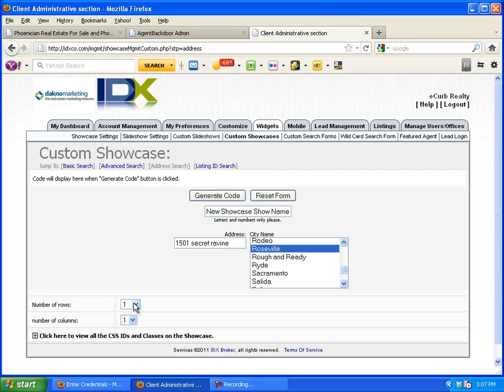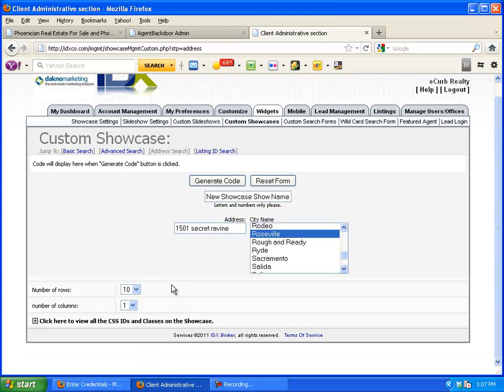And how many rows do you want? Remember, rows go across and columns go down. Now I usually set this to 10 rows, because I don't want to come back and change this element of my website in the future. If there happens to be, let's see, we're going to go 3 listings across. If there happens to be 30 listings, then it'll show all 30. If there happens to be 3, it'll only show the 3. So I'm saying I want 10 rows, 3 columns, because the area side of the system is shorter than